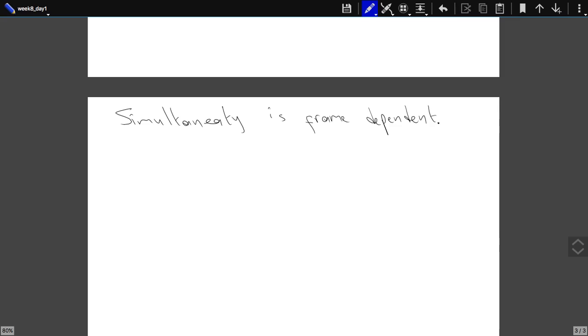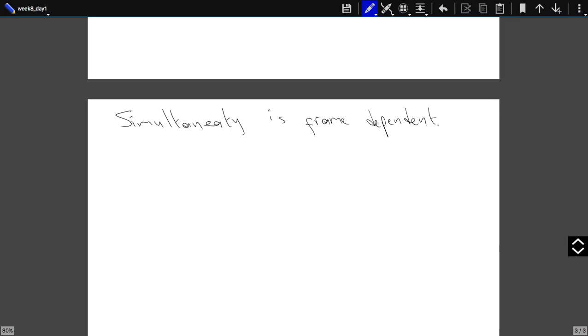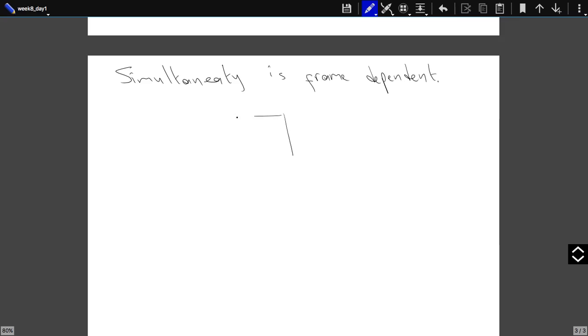So this is a frame-dependent quantity. It might be that an observer sees two events as simultaneous, in his reference frame it will be simultaneous, in a different reference frame it will not be simultaneous. A typical example of this one is